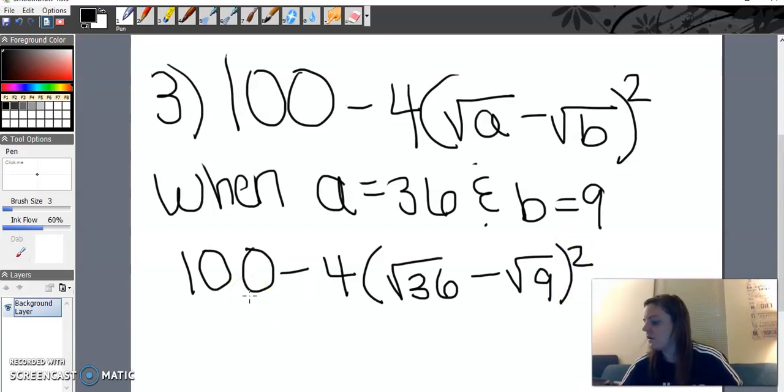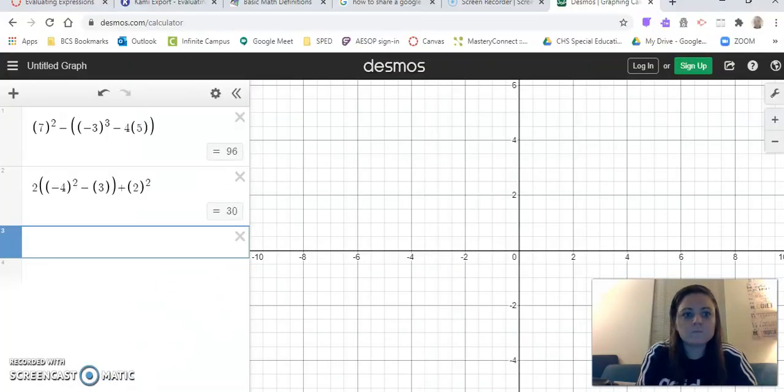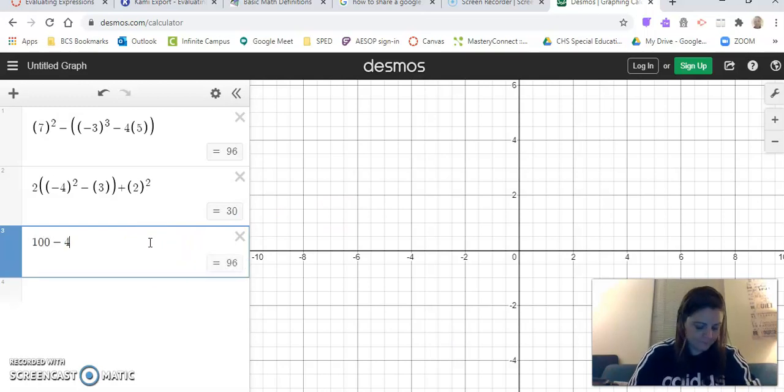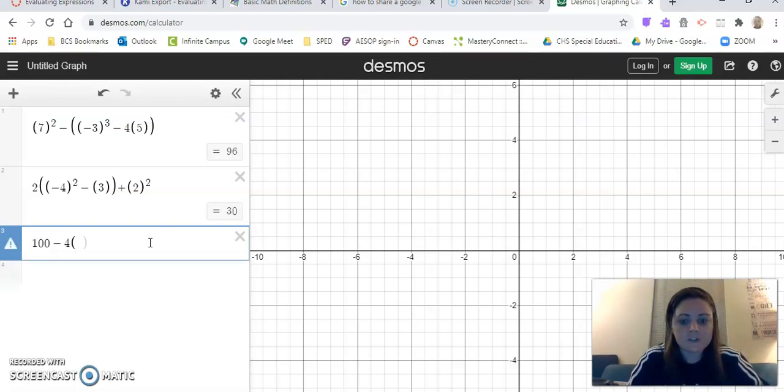So write that down on a piece of paper. Go back to the Desmos graphing calculator. And plug it in just how we wrote it. 100 minus 4 parentheses. Now when we want to do the square root,